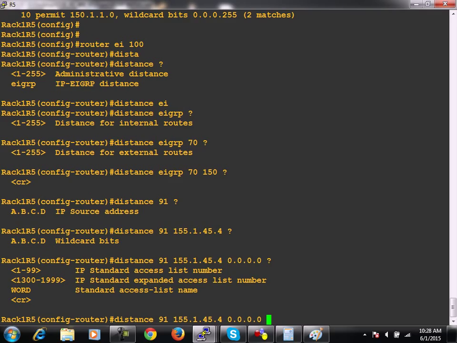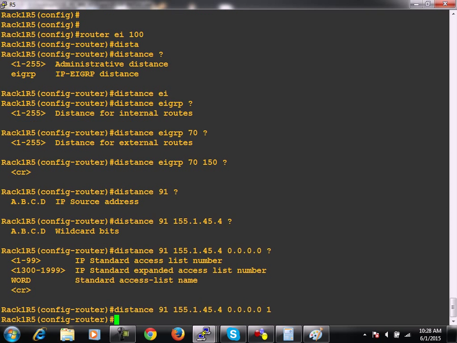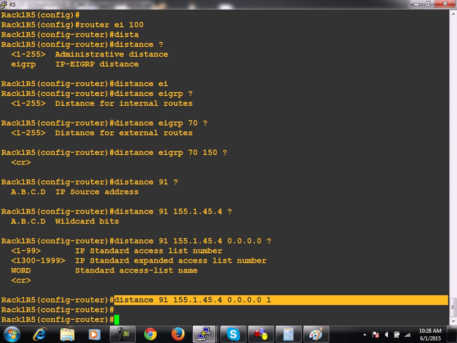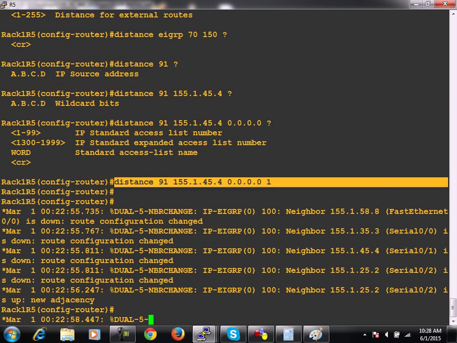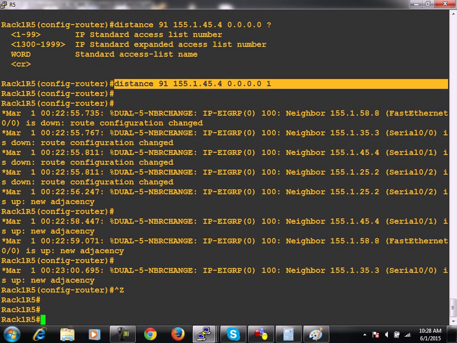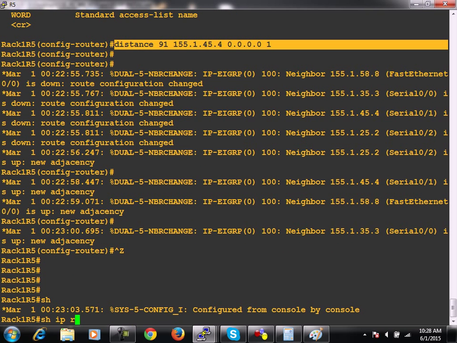And the LAN of R1 is what? I have already called that LAN in ACL 1. So here I have called that ACL 1 now. What is the meaning of this command? It will configure the AD value as 91 whenever it receives prefixes from this particular neighbor which match this ACL. So it will change the AD value only for those prefixes which match this ACL. Now let me show you show ip route